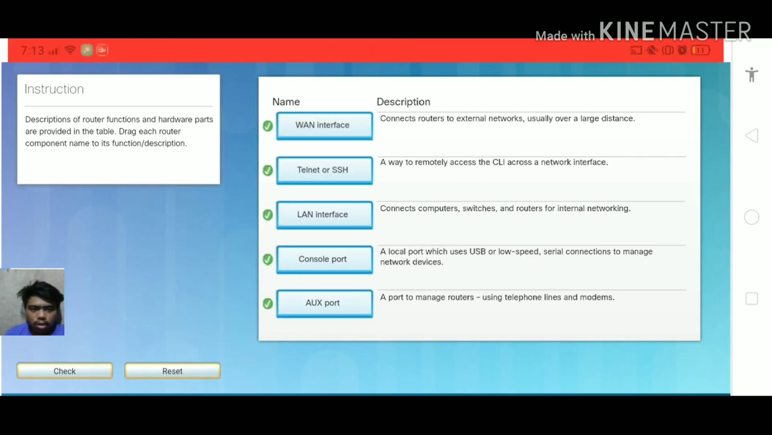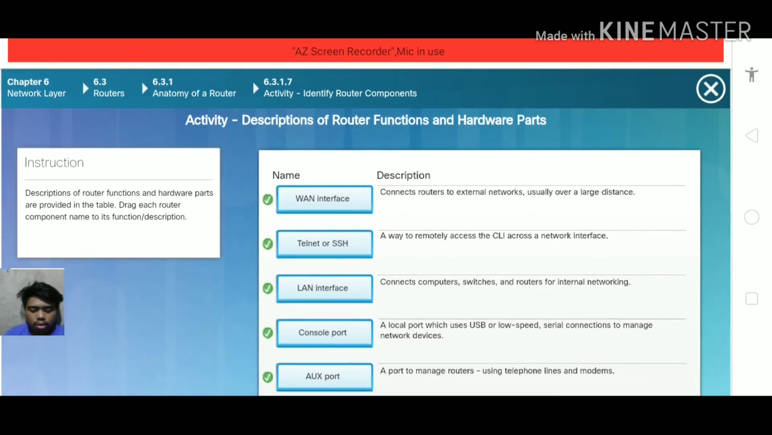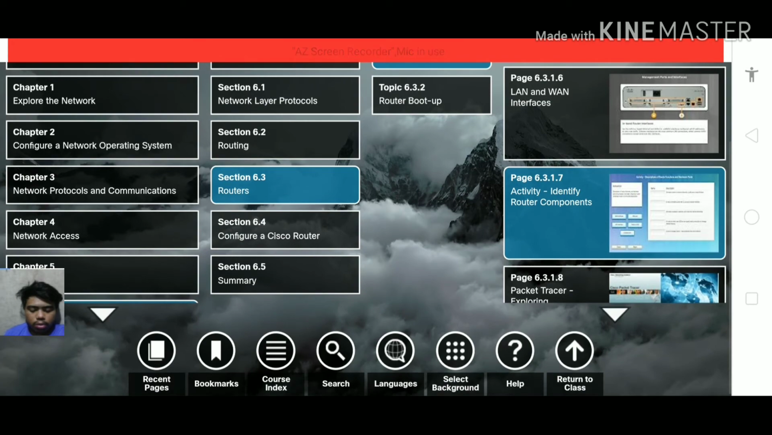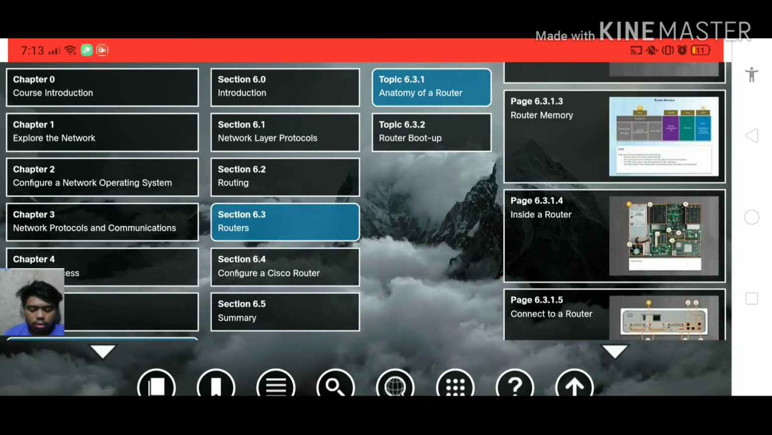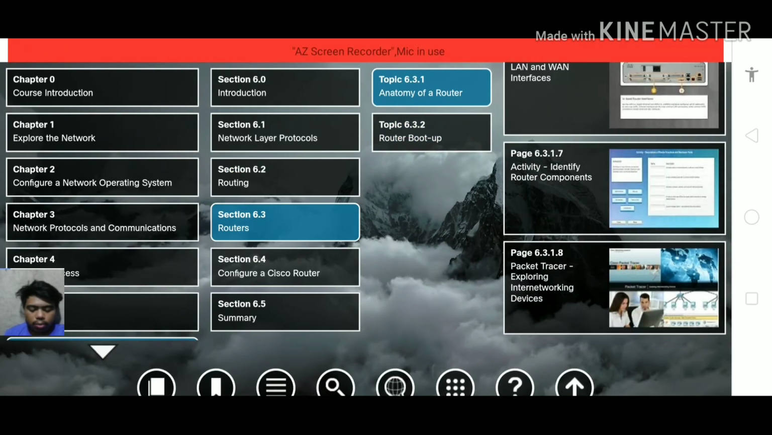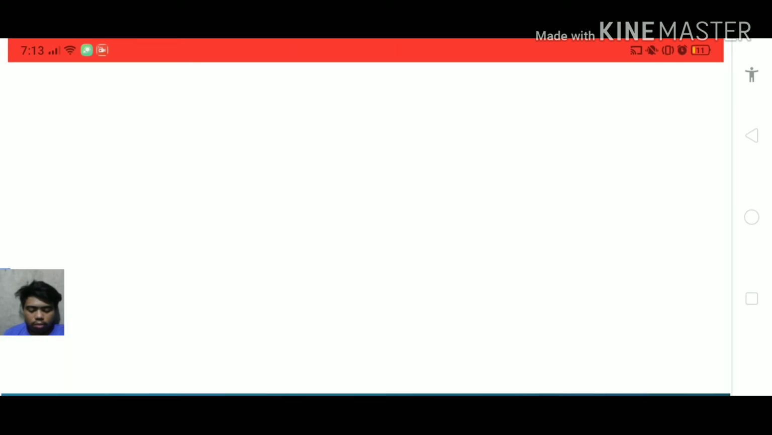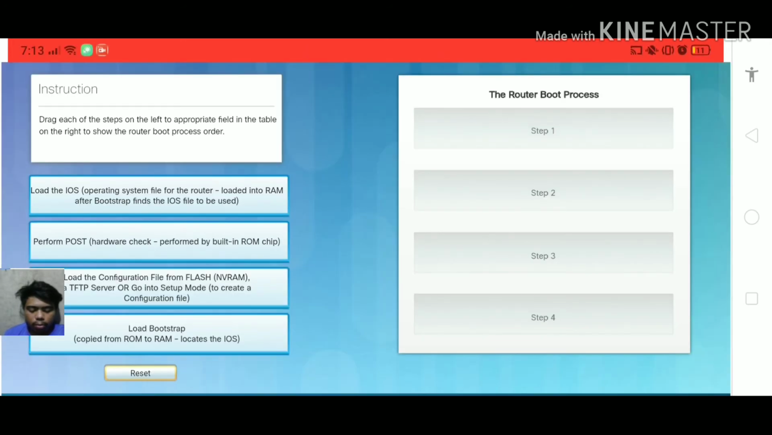So our answers are all correct. And this activity is more about the network connection or the connectors, network connectors. For another activity,